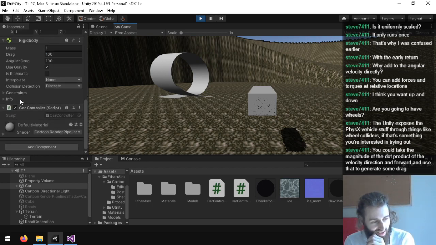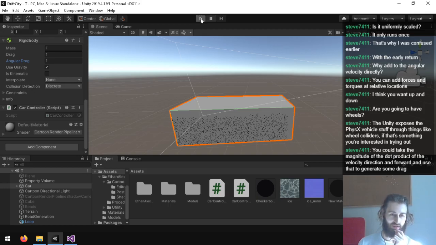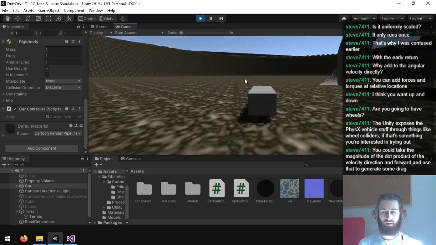If the drag is so high, it literally can't even fall from gravity. Ah, yes. So that isn't gonna work. I guess I'll look into applying friction.